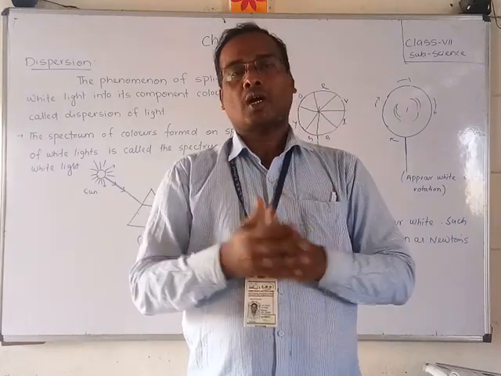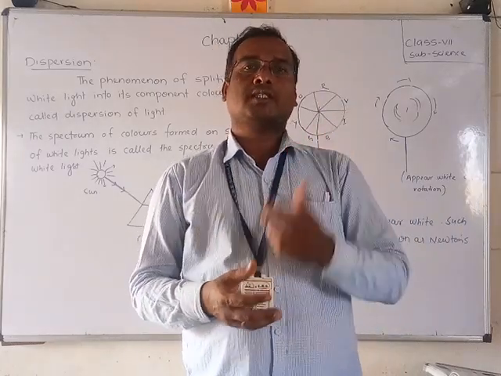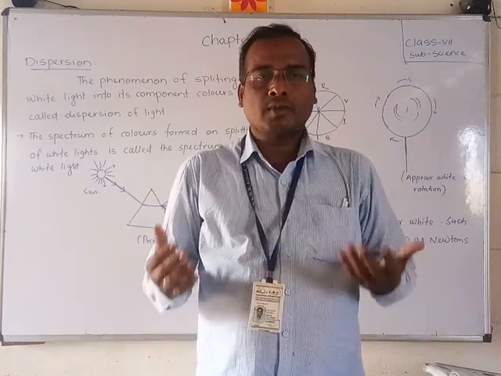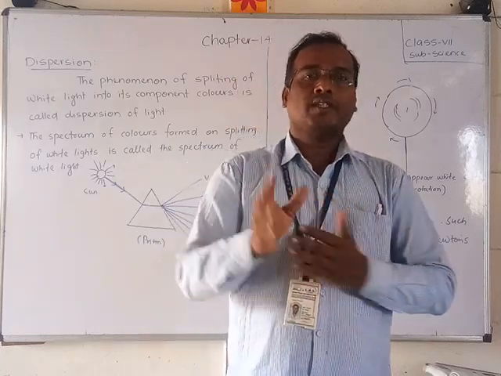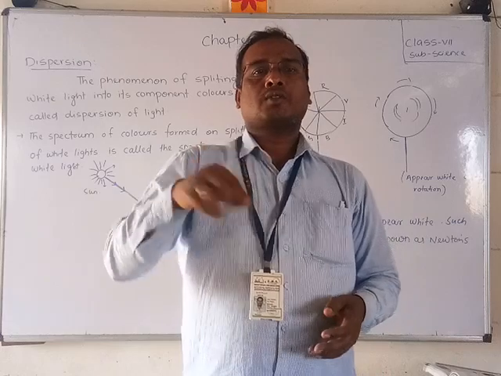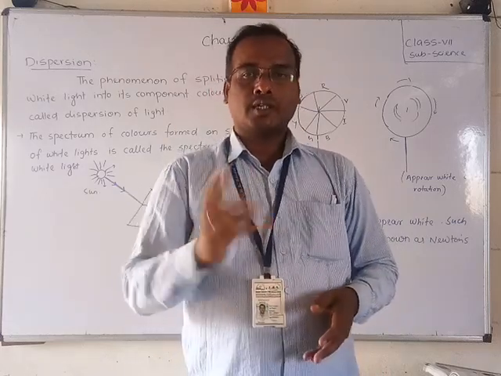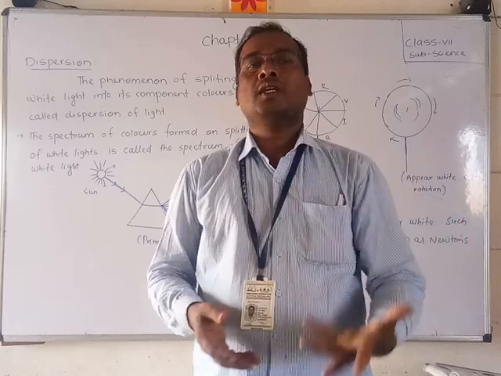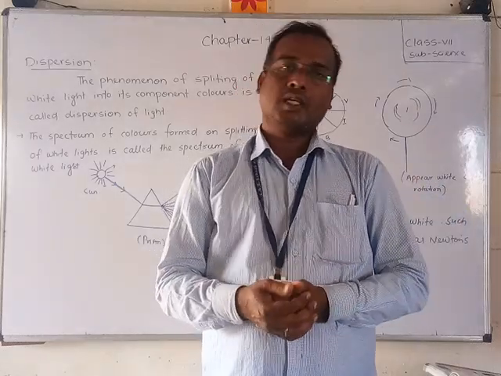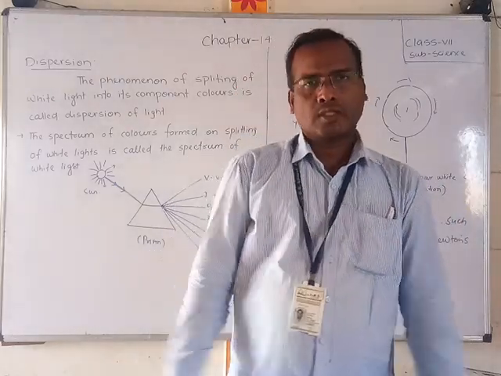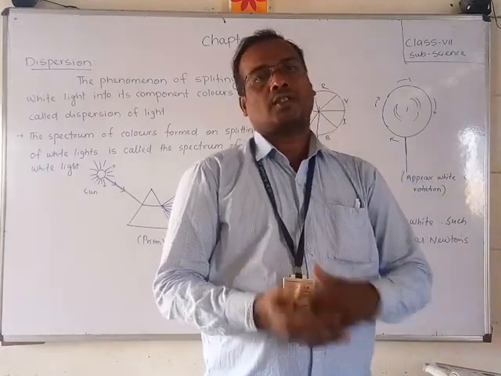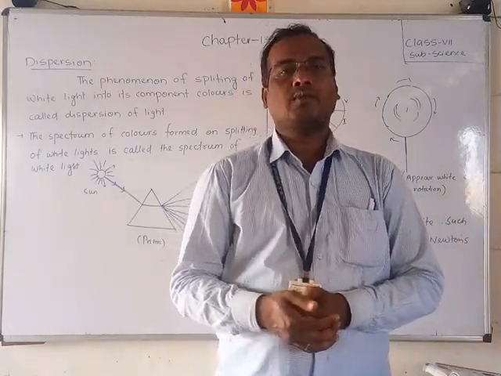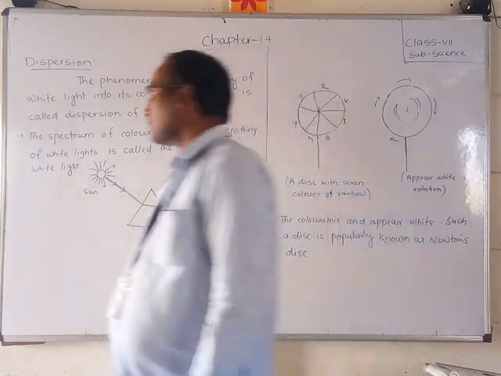How? Now on a disc, like a CD, you can paint the 7 colors. If you spin it, that means rotating it, then after rotating, all the colors combine and mix and appear as a white color. Okay, so that is called a Newton disk. So let us see what a Newton disk is and what the 7 colors are, and how the splitting happens.